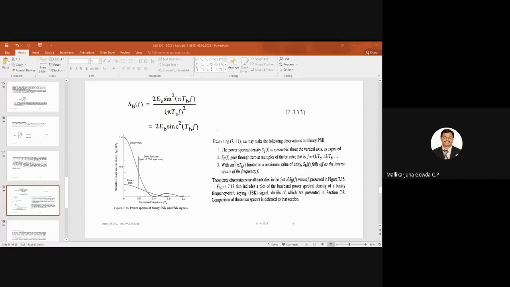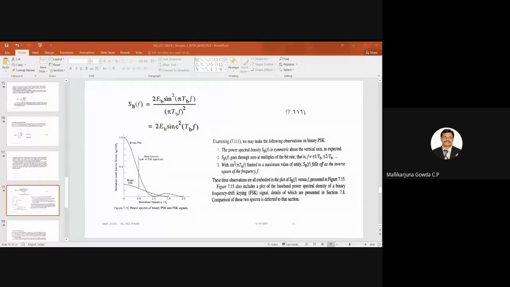So S of t is what? Root of 2 EB by TB cosine of 2 pi FCT, right? So you take the Fourier transform of that. Okay, so that will be this one. I think I am skipping some of the derivations in between. By this time, I hope we'll be able to understand that. It takes time. To derive this only, I may need to spend half an hour. So that is why